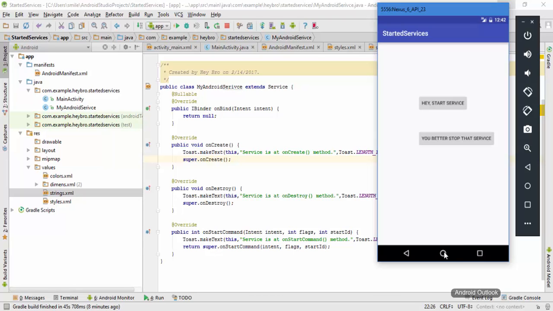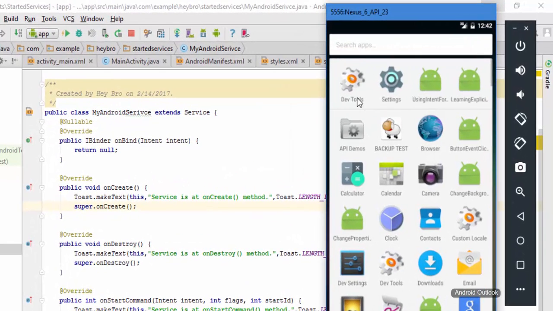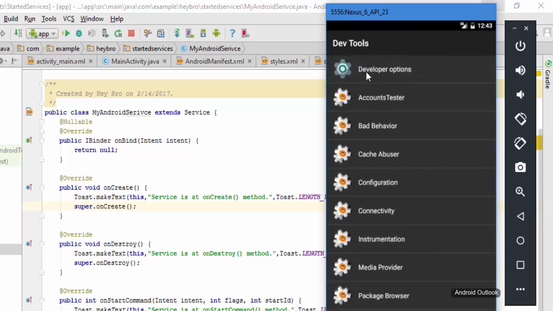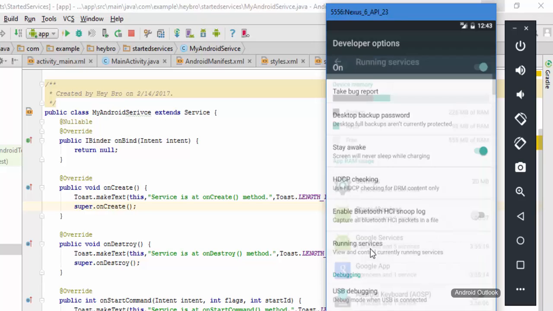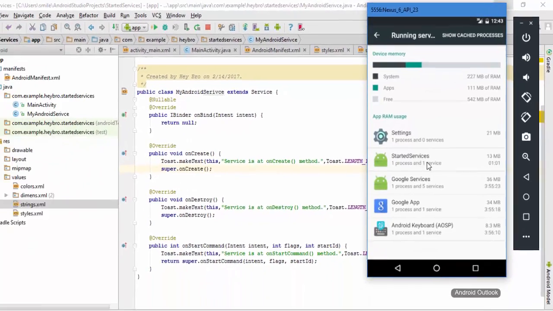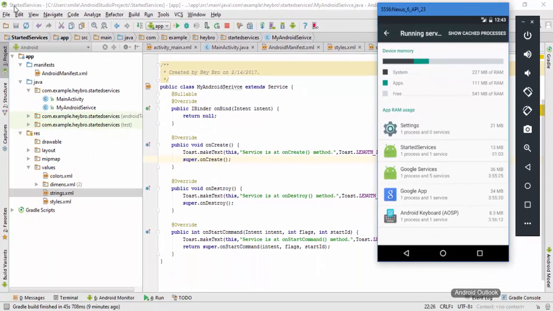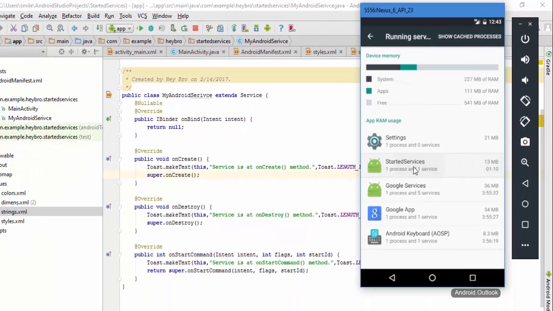Okay, and we can see our services here by clicking the menu and then developer tool, and go to the developer option here, and there we will see the link called running services, and we can click that link, and here is our application, started services. This is our same application name, and it says one process and one service is running. Let me click that as well,